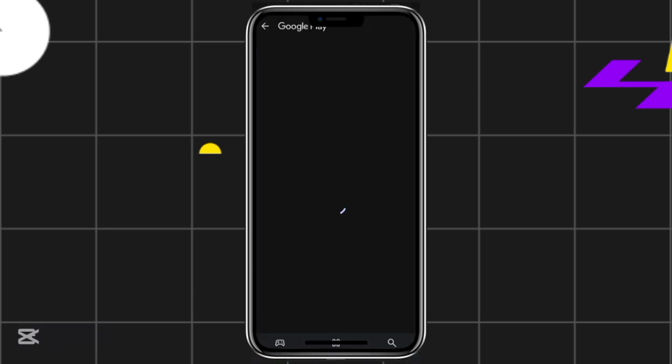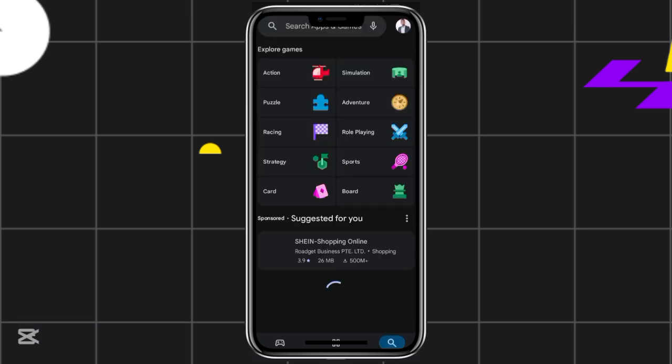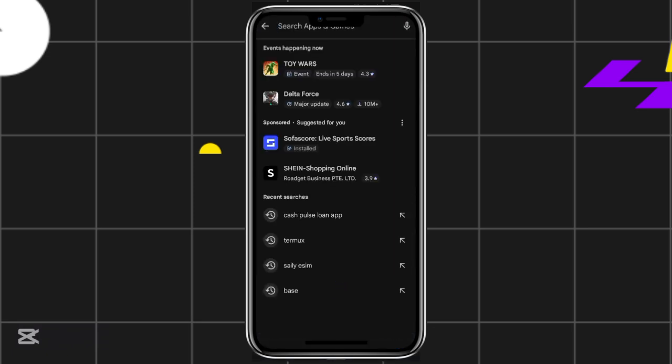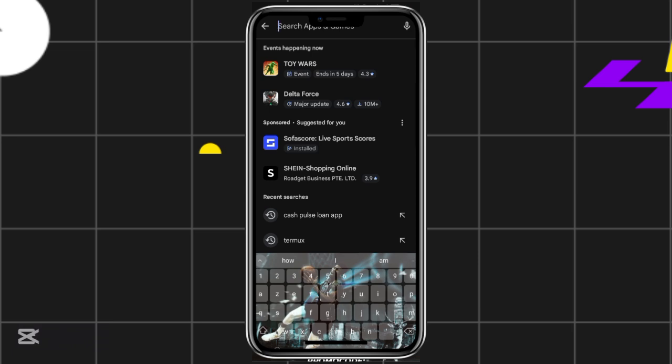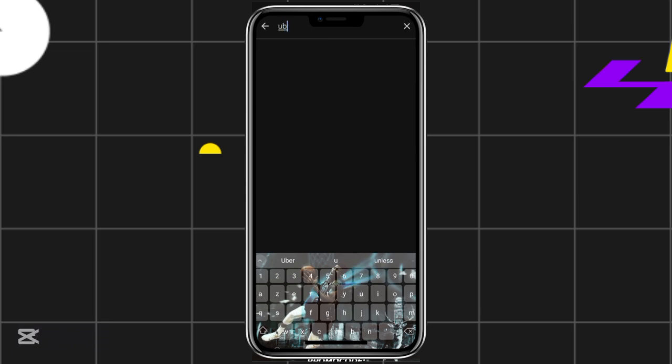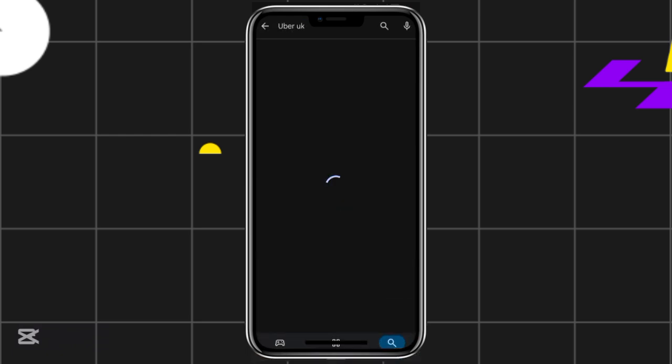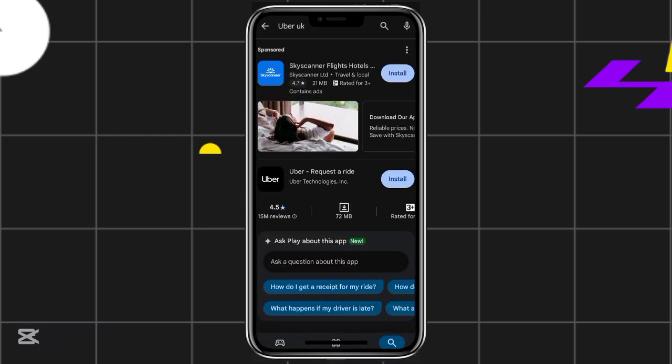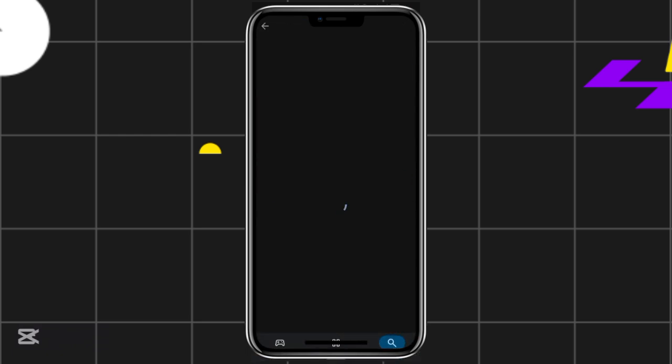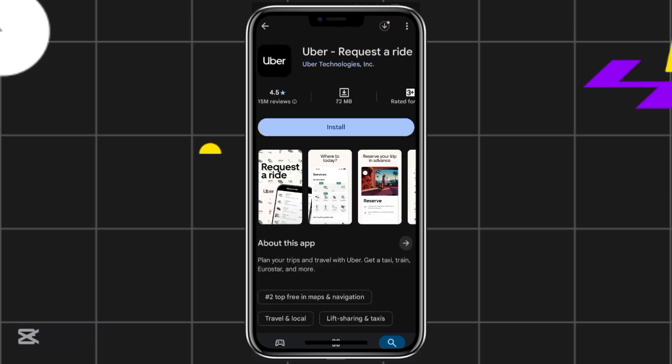So quickly come to the search bar, then search for any app. For this case, I'll search for Uber UK. Once I search for Uber UK, I'll wait for the app to load, and quickly the app is here. Then I'll go ahead and install the app. Once I install the app, I'll then run it as if I'm a UK